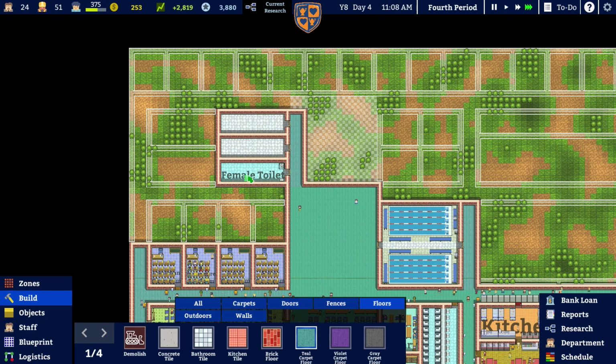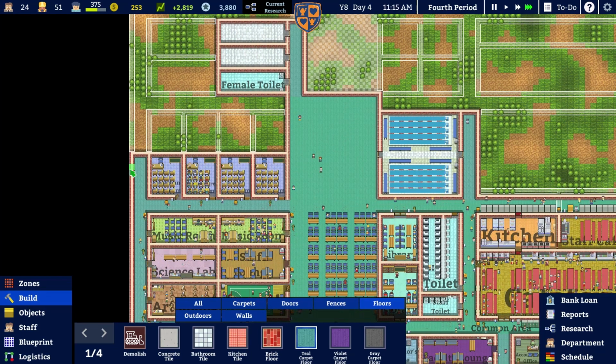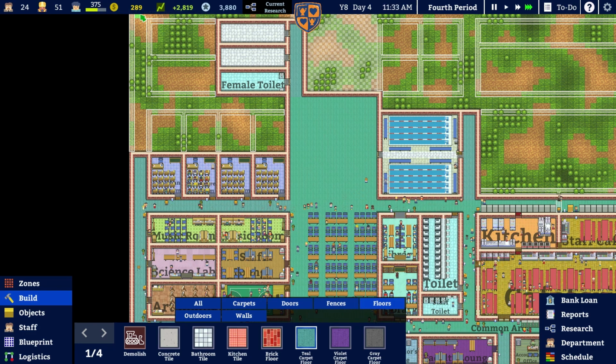Let's see if all this stuff up here does help out in the long run. Now, my original plan was to get this bit in and get these as classrooms, get some more students in, get some more money. But I don't think we'll be able to do that. I don't think we'll be able to get that in. I just don't think we've got the cash. As you can see, we've not even got...